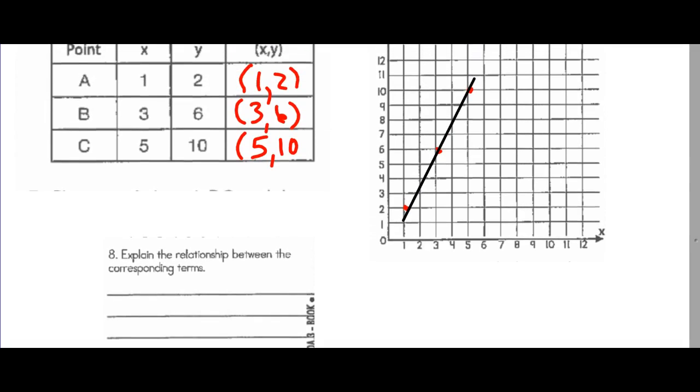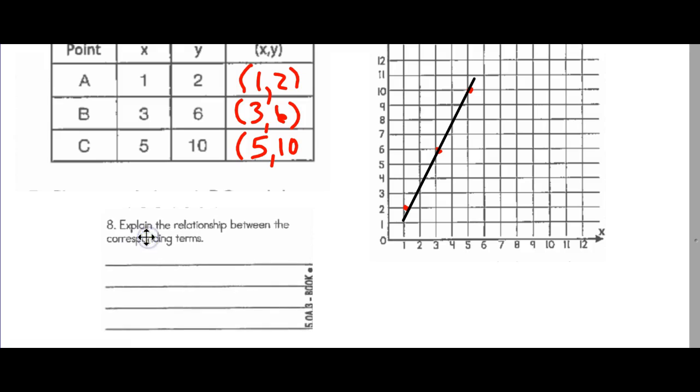Well, I have to look at the pattern and figure out what is the pattern from 1 to 2, from 3 to 6, and from 5 to 10. Well, 1 times 2 is 2, 3 times 2 is 6, and 5 times 2 is 10. So the relationship is that I'm going to double the X value to get